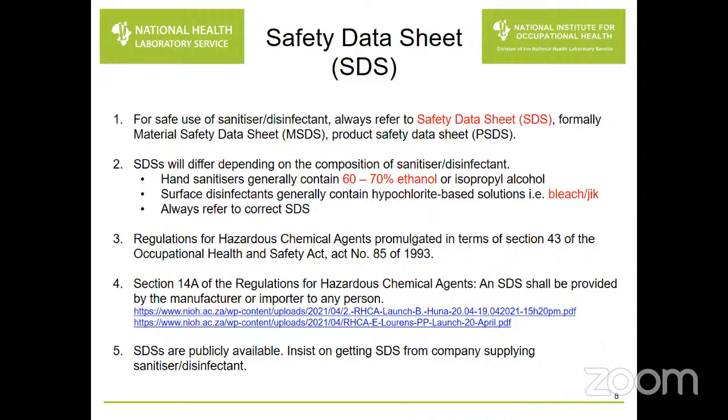Okay, so first of all, for the safe use of sanitizers and disinfectants, always refer to the safety data sheet, or SDS for short. This was formerly known as the material safety data sheet or product safety data sheet. Now, these SDSs will differ depending on the composition of the sanitizer or disinfectant. Hand sanitizers generally contain 60 to 70% ethanol or isopropyl alcohol, and surface disinfectants generally contain hypochlorite-based solutions, for example, bleach or Jik. So it is really important to always refer to the correct SDS. There isn't one universal SDS addressing all sanitizers or disinfectants,